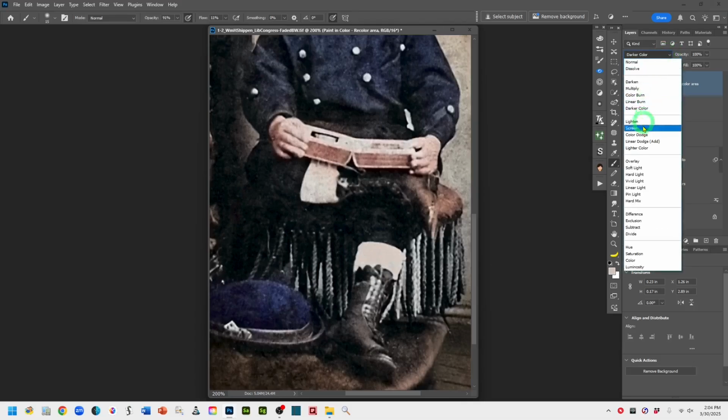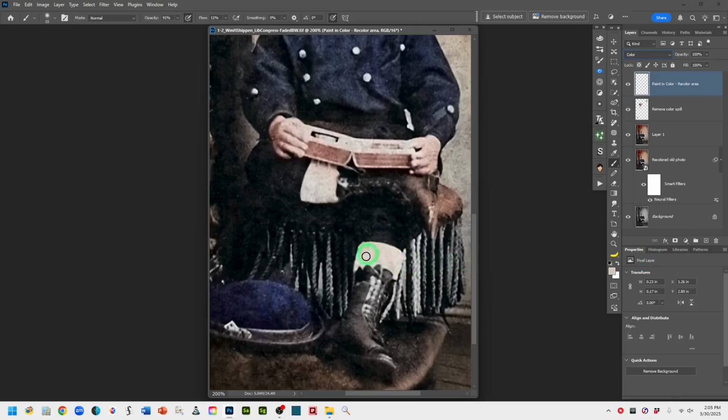Click that down arrow and come to where it says color and click. So it's layers panel, blend modes, color to apply, and there you go. It has applied that color, but in a way that reveals the texture that was below. Okay, so now I'll zoom back out,